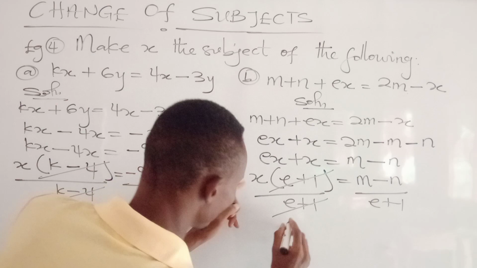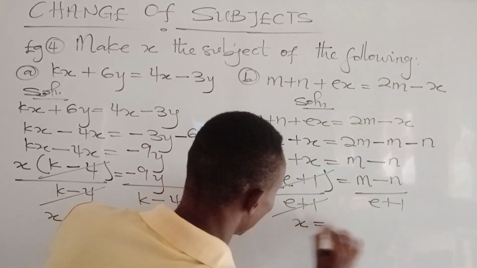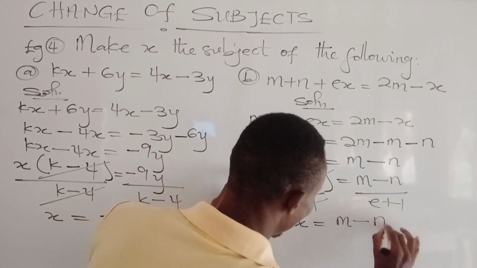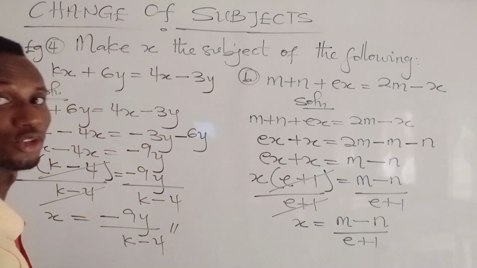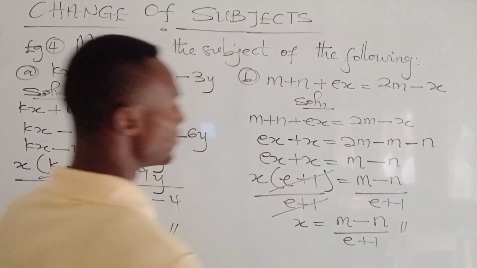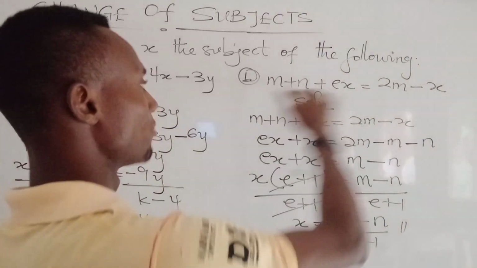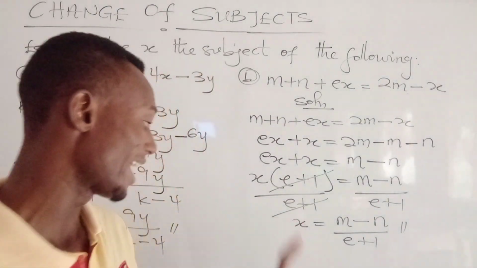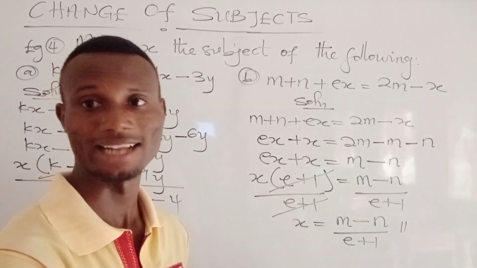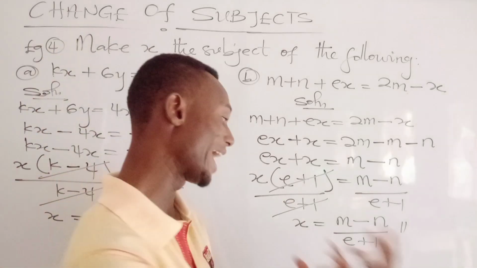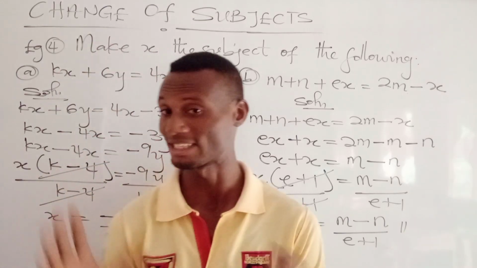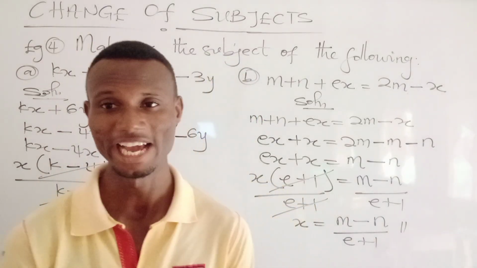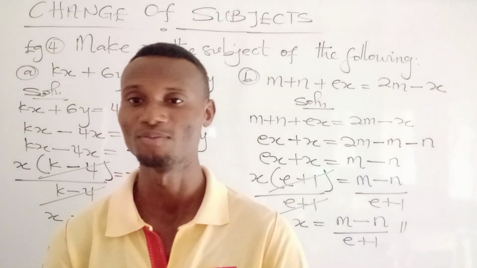Okay, and what we have left is s equals m minus n all over e plus 1, and that is your final answer for making s the subject from this given equation. You can see that s is standing alone, nothing is attached to s, so it means we've made s the subject from the given equation. So this is how to handle this type of question, and I hope the explanation was clear enough